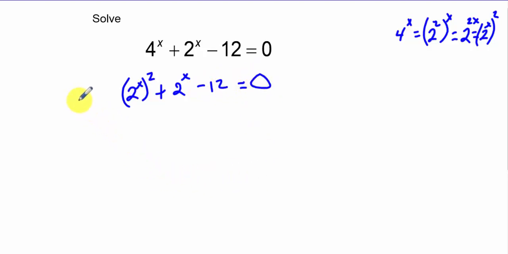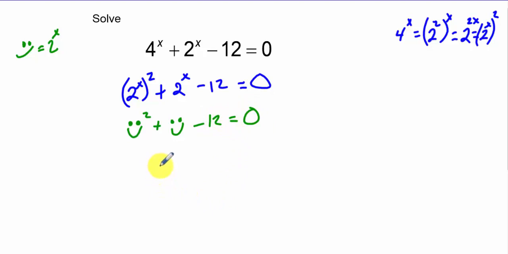Now, if I haven't already convinced you that that's a quadratic, let's do this. Let's put a happy face in there and say that equals 2 to the x. If that's the case, then this is the happy face squared plus the happy face minus 12. And if you can't see that's a quadratic, then there's a problem. All right, so we've got happy face,